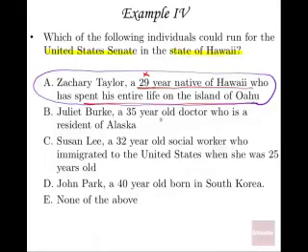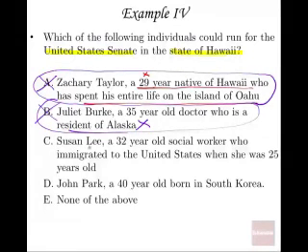Juliet Burke, a 35-year-old doctor who is a resident of Alaska. Being a resident of Alaska disqualifies her, so this is also incorrect. B is also incorrect. Susan Lee, a 32-year-old social worker who immigrated to the United States when she was 25